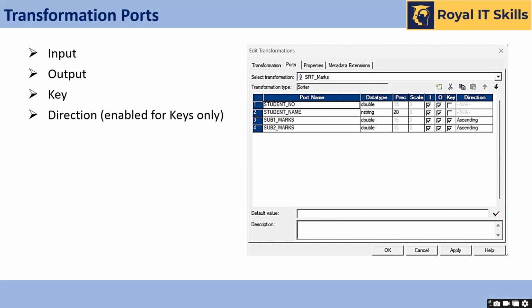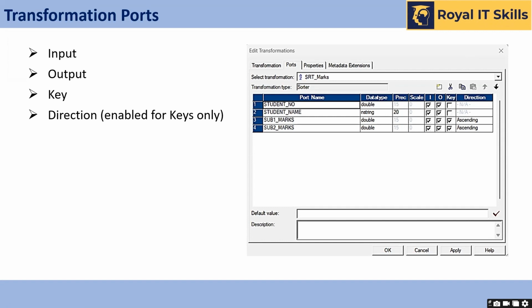Yes, we can do that. And subject 2, we can make it as descending order. There is no hard and fast rule that everything should be either in ascending or descending. So in the ports tab, we have input, output, key, and the direction